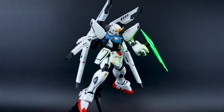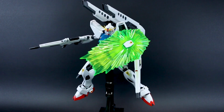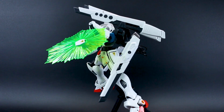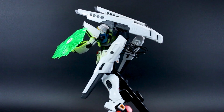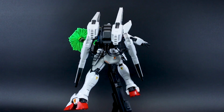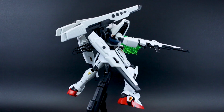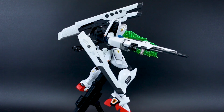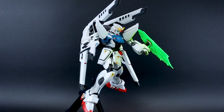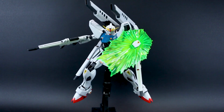And a lot of times when these P-Bandai variants come out, some people feel like they don't want to get the variant because they already got the base kit. So they feel like, oh, I already got the F91 2.0. Do I really want another one? And what I said in the unboxing is something that I'll reiterate here: I think the really awesome thing about this particular set is that it does come with 2 different backpack options. So even if you already have the original F91, you can give one of your new backpack options to that kit, and then you have a full other new kit here to use the second backpack option for it. So I don't know if Bandai really had that particular point in mind, but I think it definitely was